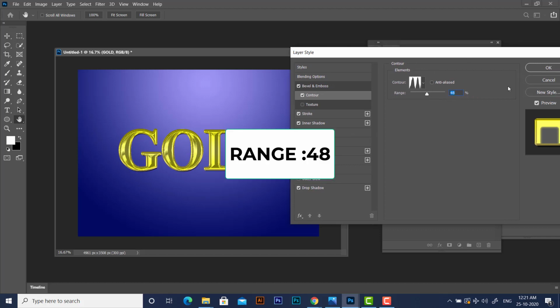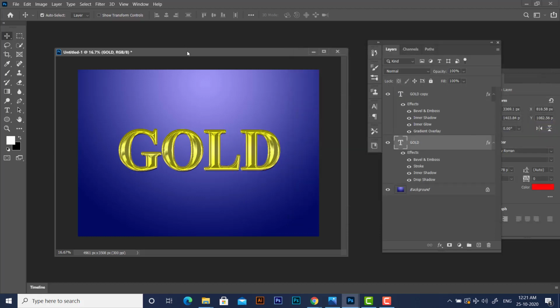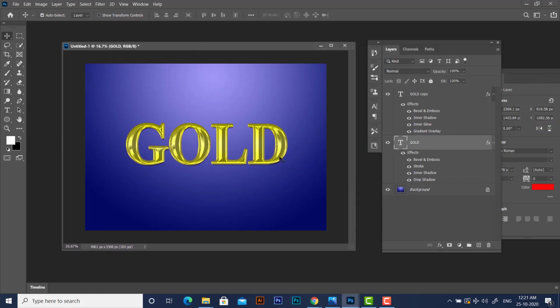So now we got the look of gold, and you can play with the settings. The most common settings that we generally use are the bevel and emboss, the gradient, and mostly the contour.